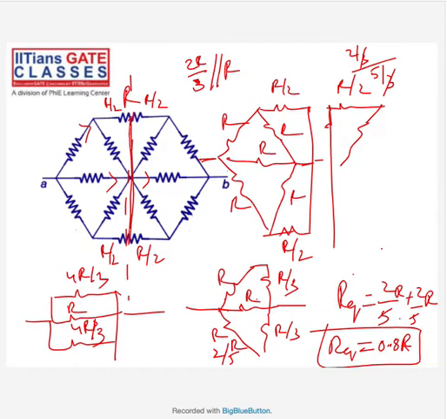The basic concept is like the Wheatstone bridge. If you see the circuit is symmetric, open it or short it. When the potentials are equal, you can either open or short it. That is the concept here. You got the same answer, 0.8 R, whether you open it or close it. Understood?